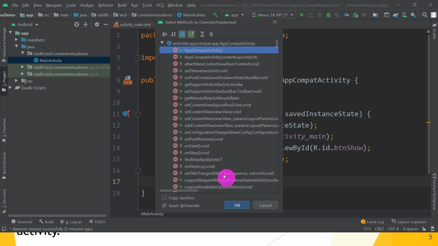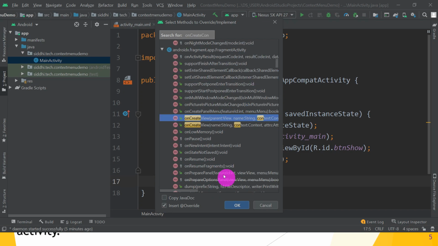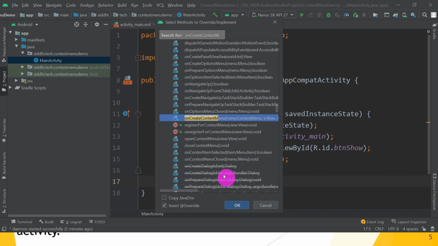We want to implement onCreateContextMenu. Great. So we want to override